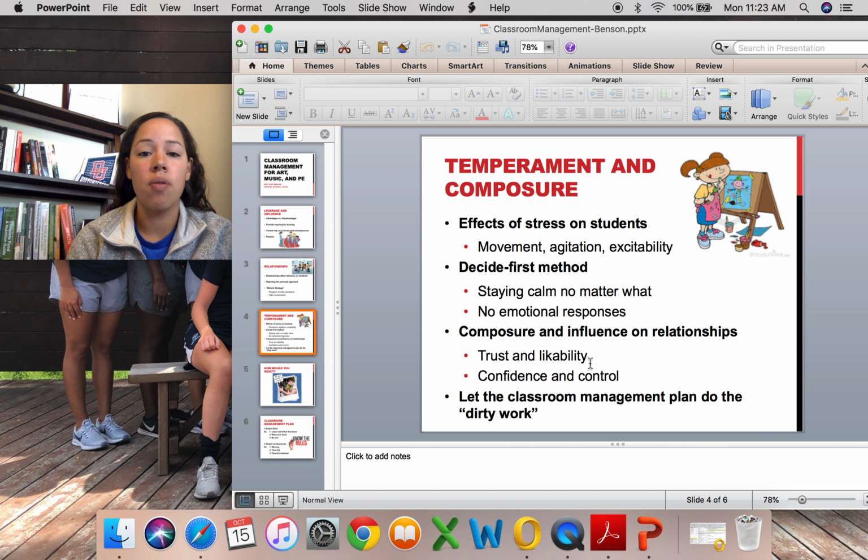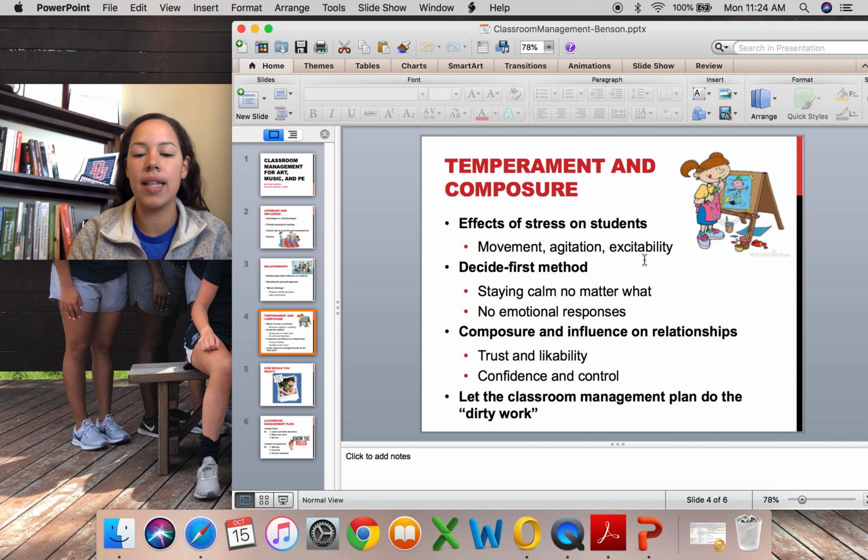He talks about how when teachers are very, very tense or stressed, this affects our students. It might come in signs of where students are moving constantly. So, like in a PE class, they might not be able to just sit down and listen. There might be constant movement. They're throwing balls. They're moving around. This can agitate students, or it can create excitability where students just want to go, go, go, and the teacher is so stressed and trying to almost stop the excitability, but in turn, they're actually making it worse.